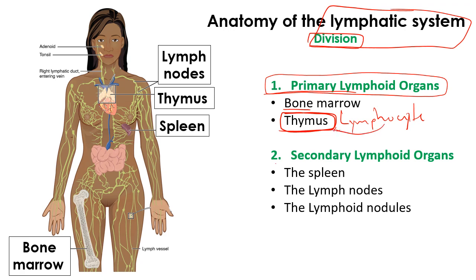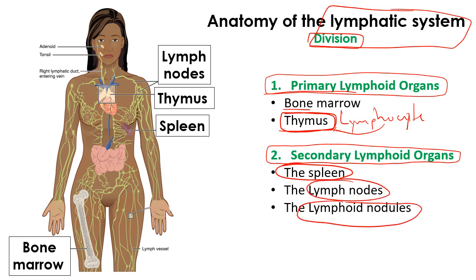The secondary lymphoid organs are the place where all the mature white blood cells are going to be waiting for bacteria to fight infections. That is the spleen, for example, the lymph nodes, and the lymphoid nodules. So it's important that you know that we have lymph nodes and lymphoid nodules. We're going to see the difference of those later, but just as an anticipation,